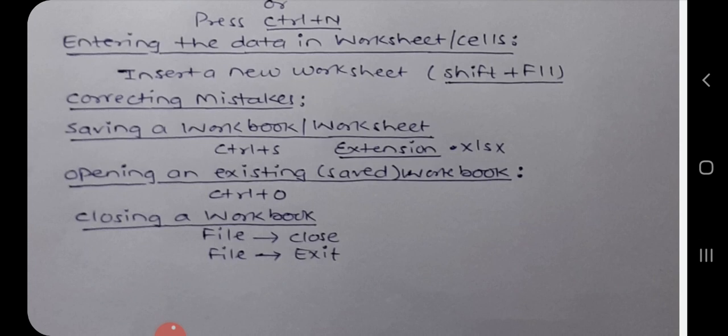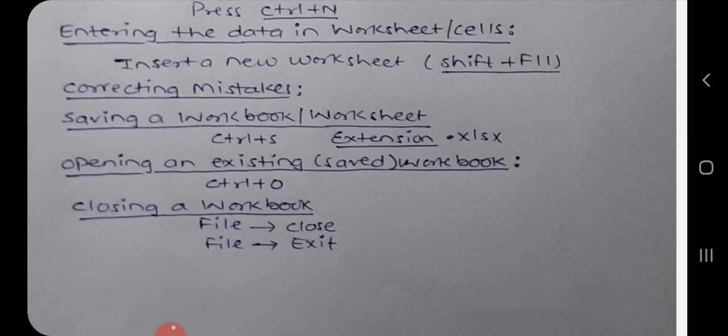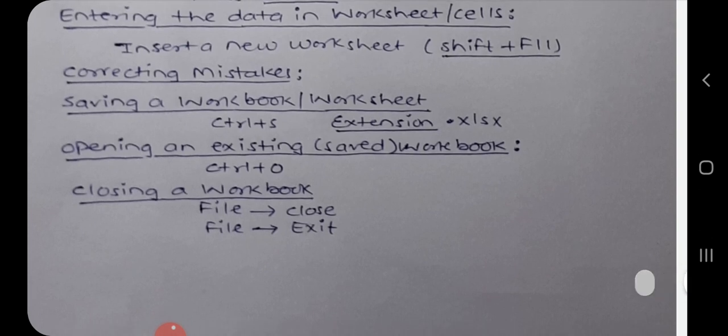There is a difference between save and save as option. In save option, this updates the existing file, that is saves the changes in the same file. If the file is new, not saved ever, then it asks you to give a new name for the file while saving. Whereas save as option creates a new copy to update your changes and keeps the previous one as it is. Next is closing a workbook.